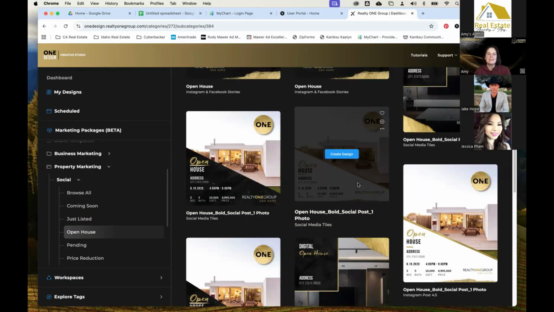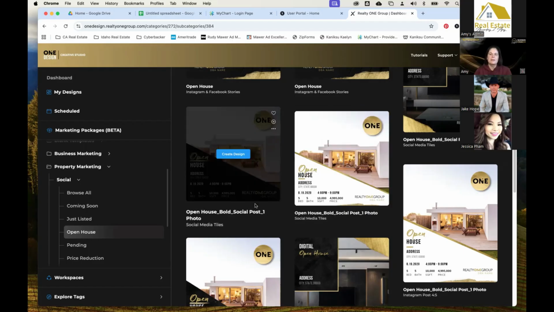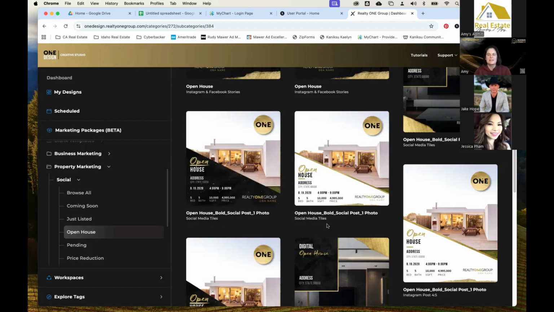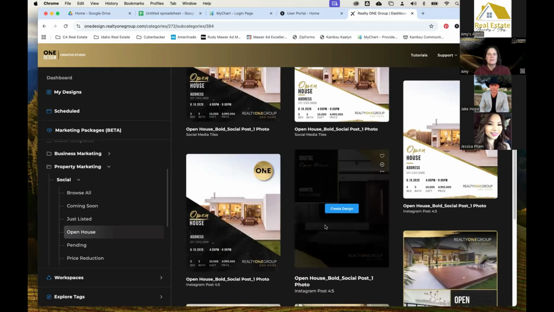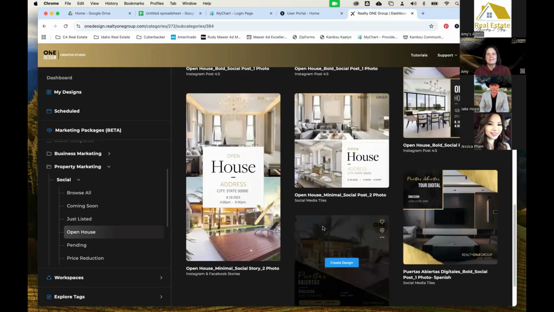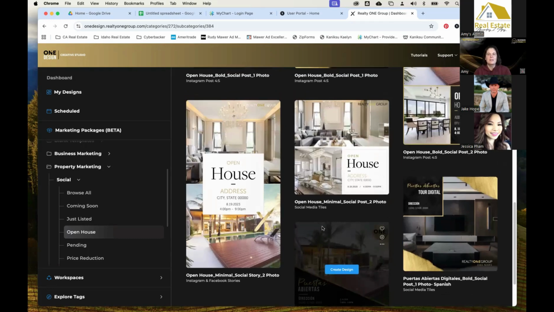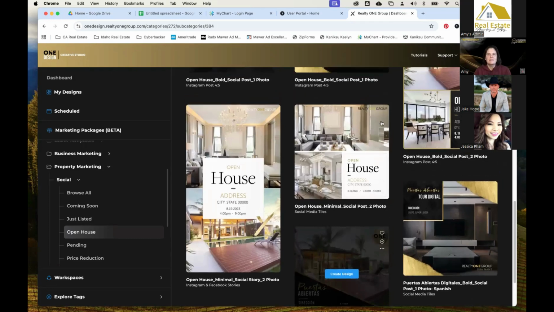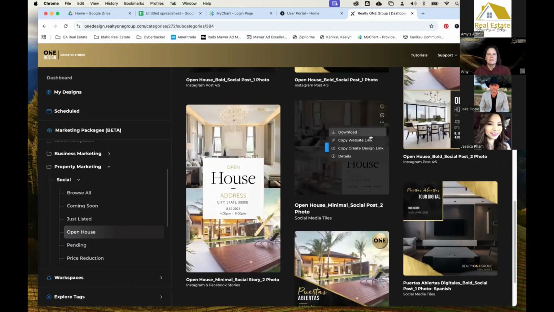We want consistent branding. So we wouldn't choose a white design for one and then a dark design for another. We want it to just be consistent. That's why using these templates is so fabulous, because it allows you to have consistency in all of your marketing. So I kind of like this one. You've got the 3 dots here. You can download it. It doesn't do you any good to download it. Website, right? Details. So what you really want to do is